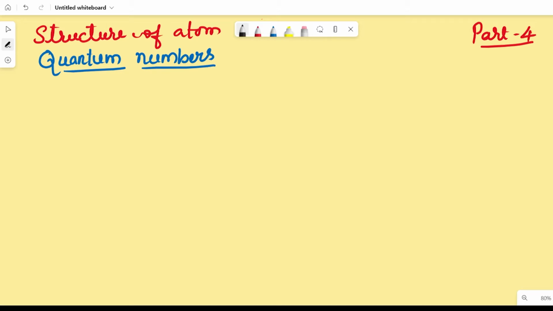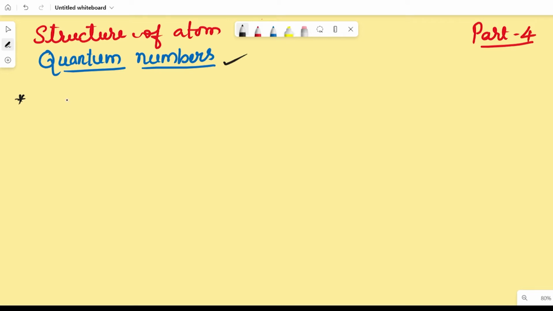So, in our previous class, we discussed Sommerfeld's elliptical model as well as the quantum mechanical model, right? In this class, we are going to discuss quantum numbers. What are quantum numbers and what is the use of them? How are quantum numbers useful to us? So, let us see. In the last class we discussed that